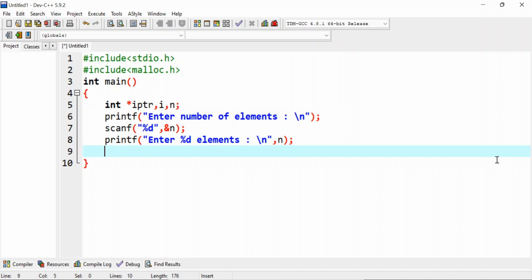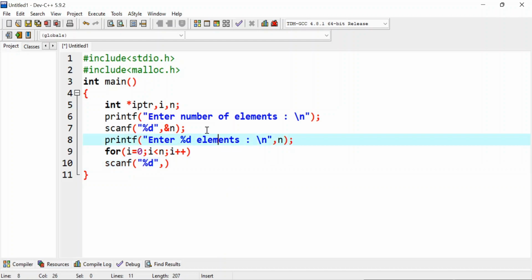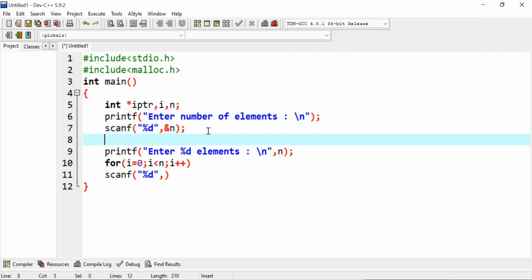So now using for loop you can read those elements like i equal to 0, i less than n, i plus plus, and using scanf statement, okay. So once you want to basically enter and store, what is required is you have to allocate memory, isn't it? So once the user starts entering n number of elements, you have to allocate memory,